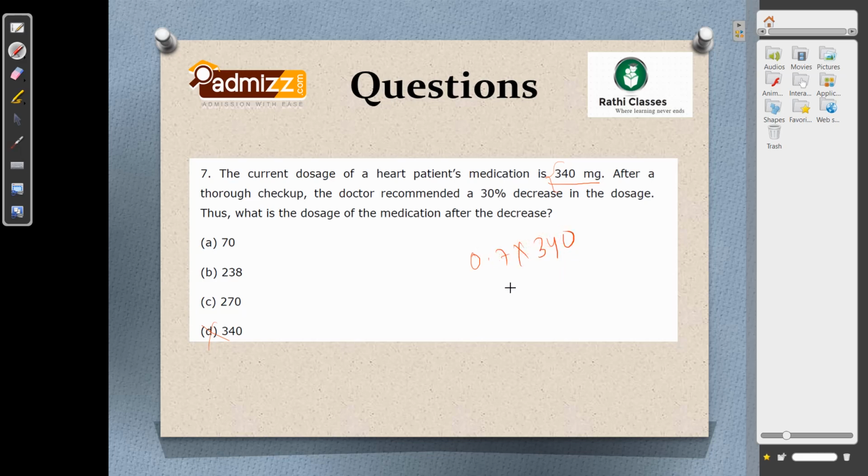Here you can use the concept of digital sum. As you can see, the sum of 340 is nothing but 7, and this is 7. 7 times 7 is 49. If you add, the value is 13. 13 means you can say 4. So you can see the options, if you get any option whose digit sum is 4. This is 7, this is 9, 11, 13. So 13 means 4. So the answer would be B. No need to even solve this kind of problem, just by analyzing the concept of digital sum, you can say the answer is B.